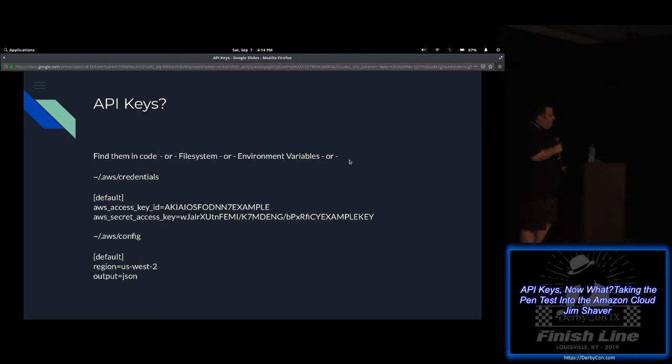And then there's also a location in the home folder of a lot of users that use AWS on a regular basis: .aws/credentials. This is what's called an AWS profile, and it's a way to do it when you have to authenticate against AWS over and over again. So that's what I mean by keys lying around in the file system all the time.